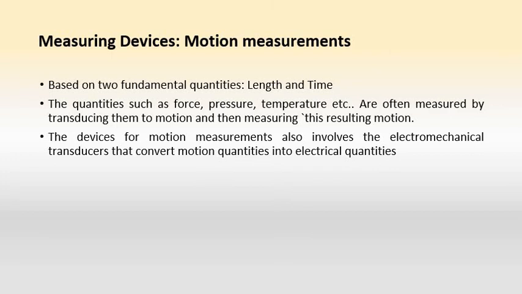What is that? So motion, what is meant by movement or motion? It is the displacement of an object from one point to another. Now, if we want to analyze or judge a particular motion or movement, then we need to measure that particular change of the position. So how can we measure a particular movement? It can be measured only with respect to length and time.